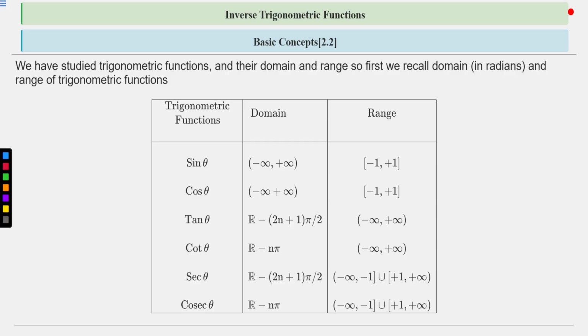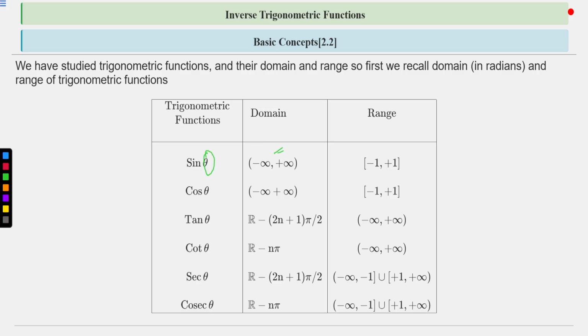So we know that the domain of sine theta is from minus infinity to infinity, right? Domain of sine theta is from minus infinity to infinity because there is no restriction in inputting the values of theta. We can put any values of theta in the sine theta. There is no value of theta for which the value of sine theta will not be defined. You can take any value of theta in radians. It will be defined: sine 1, sine 2, sine 50 degree, sine 30 degree.